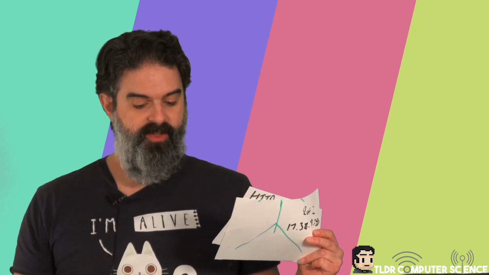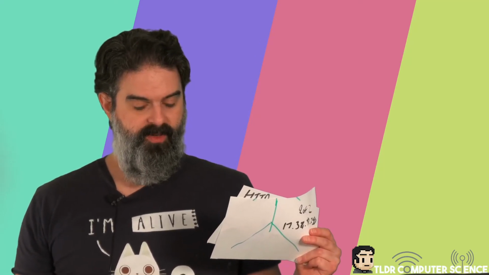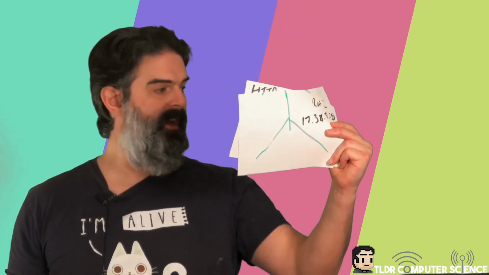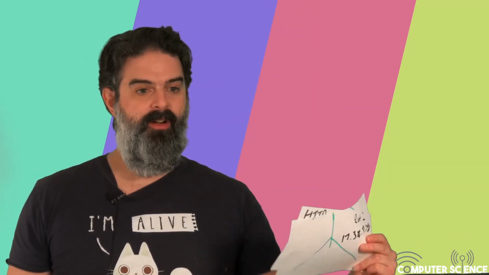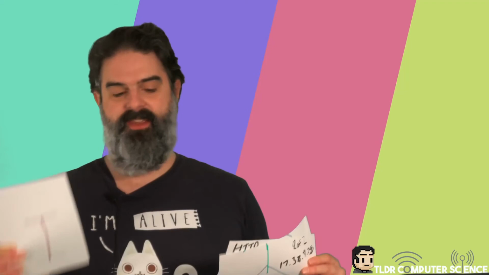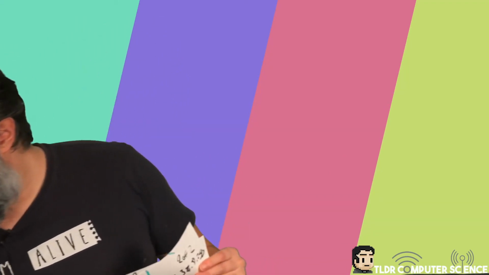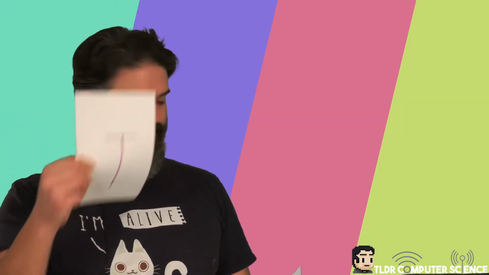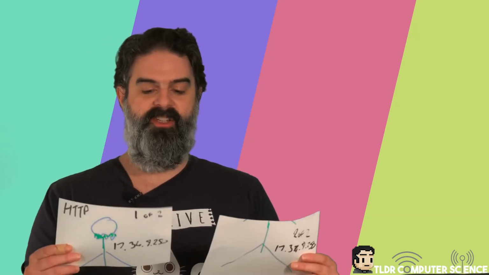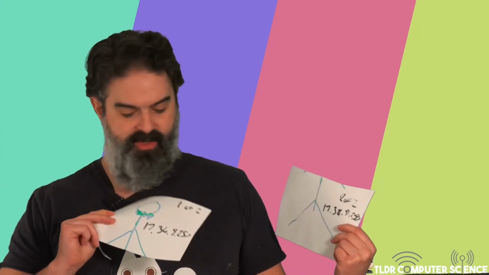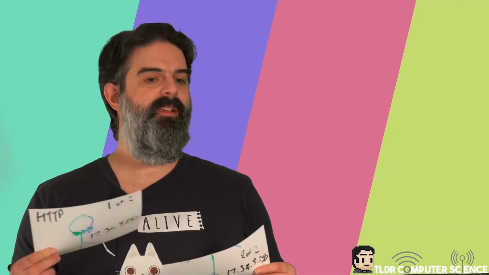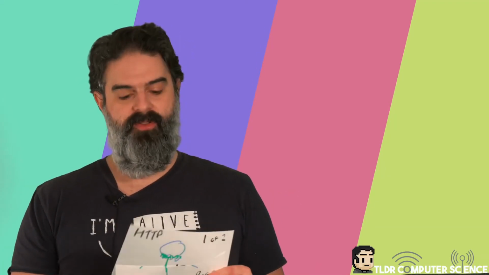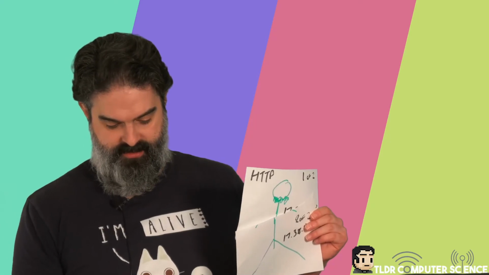So this is reverse order. So if it was A-T-I-L, now it's L, internet. Thank you so much. Internet. It's now going to look at these two and check, did it go to the right IP address? Yes, yes. Excellent. It's then going to be passed up to the next layer, which is the